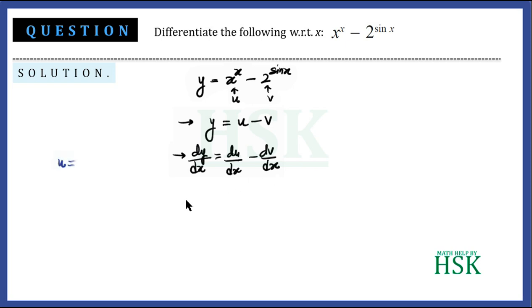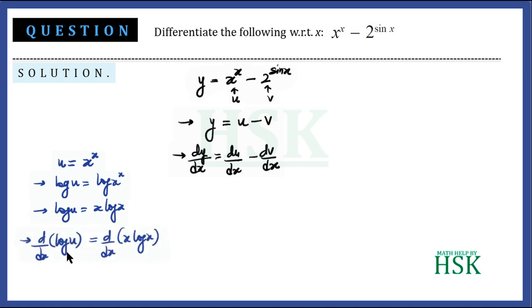Okay, so we assume that u is equal to x to the power of x. Taking log of both sides, log of u would be equal to log of x to the power of x, or log of u can be written as x log x. Differentiating both sides with respect to x, I'm going to get d by dx of log of u is equal to d by dx of x log x,